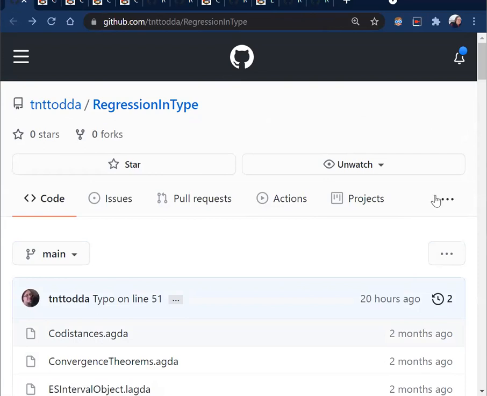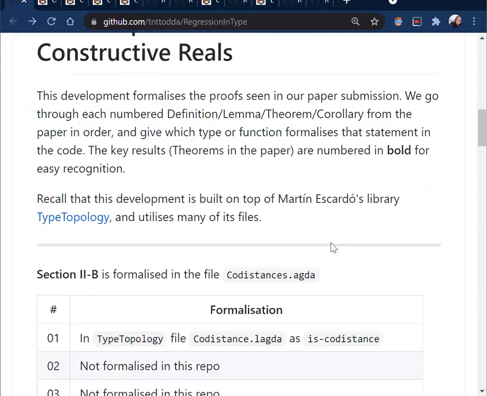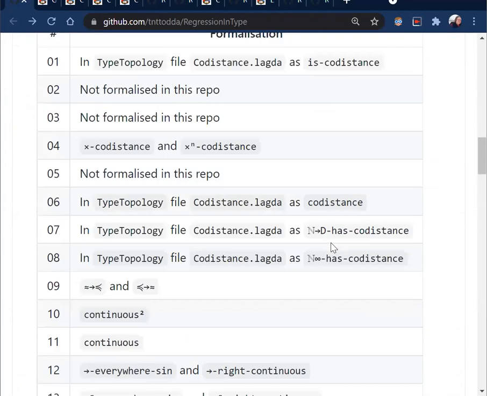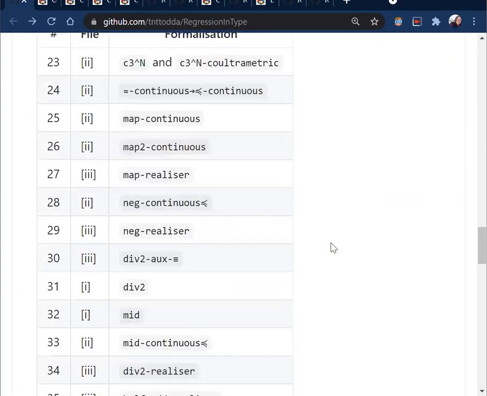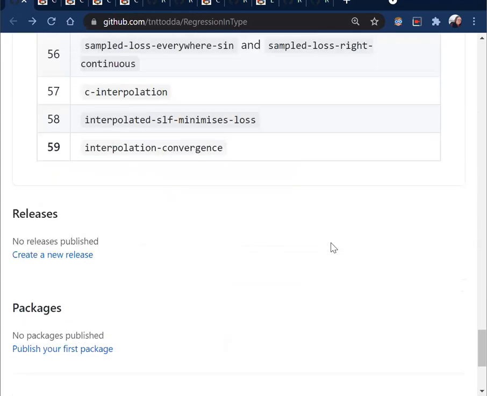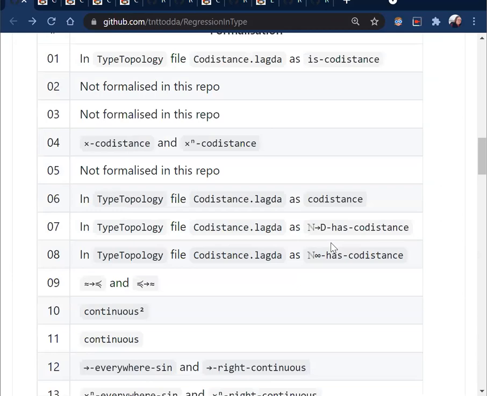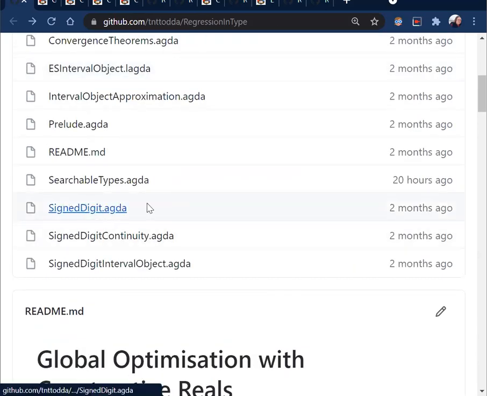So we've got many different files here, and in the README file, I connect it to this paper that we've got at LIX. Every definition or theorem we have is connected to something in this library. That's the way I want to do mathematics: you've read this definition in the paper, here's the proof. So if we go into this file for signed digits,